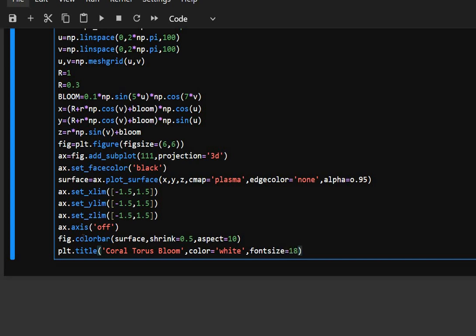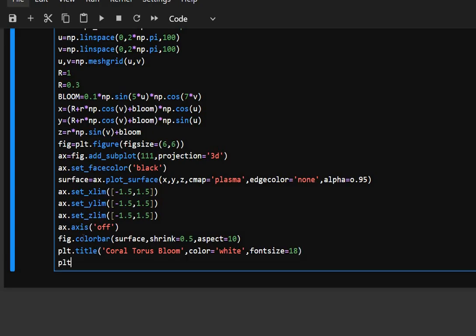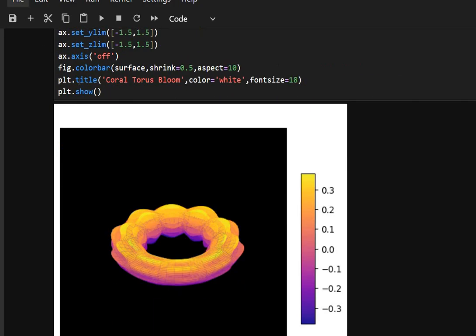So this adds a color bar to indicate surface value mapping, and plt.title sets the title of the plot with white text, and at last we'll display the plot. So here we can see